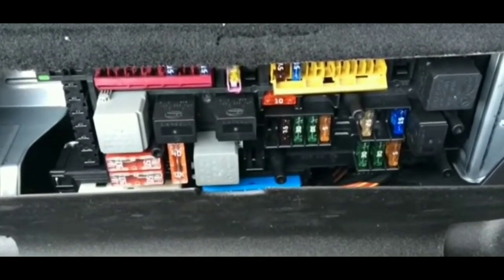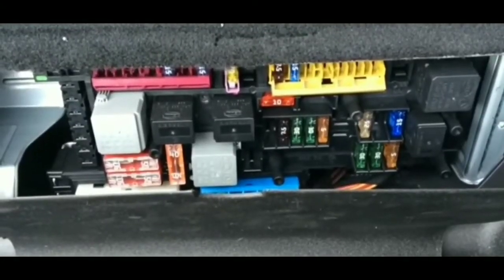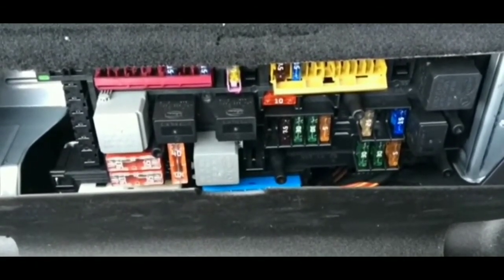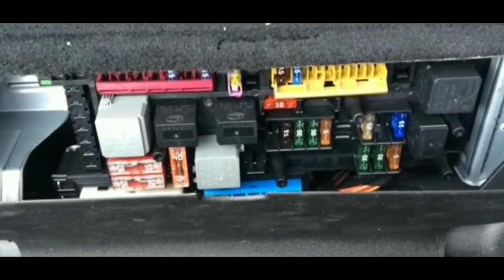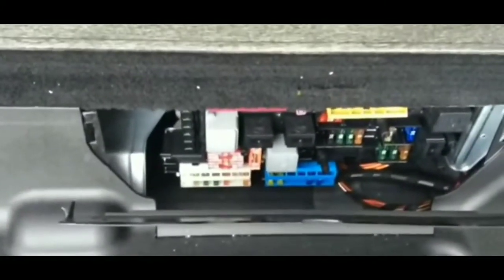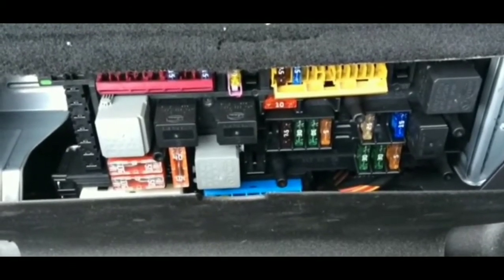Now, another thing that could cause it would be if you have an alternator that is defective. Maybe the alternator is not putting out the amount of voltage that would be needed to charge up the battery and to run your vehicle. It might put out enough voltage to run your car, to drive it, but it's not putting out enough voltage to do that and to charge your batteries. And over time, what happens is your battery is being charged just a little bit,